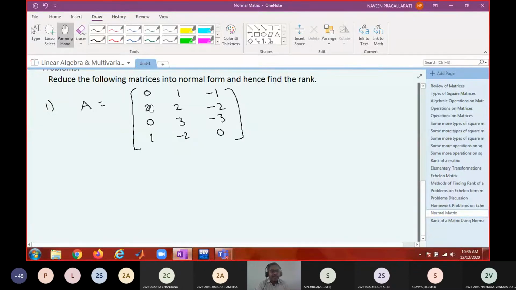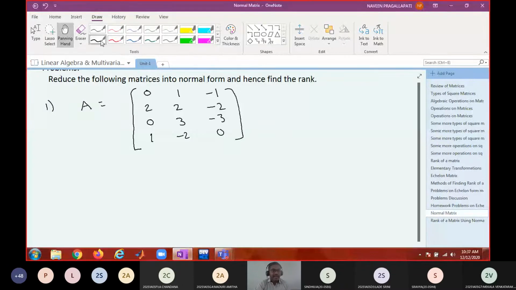If there is no pivot element, that is, if there is a 0 entry in the diagonal position, we'll try to fill that diagonal position with a non-zero entry by interchanging any two rows, or in the case of columns, we can interchange any two columns also. So in the normal form method, both row transformations and column transformations are allowed. To make entries below the pivot position 0, we use row operations; to make elements after the pivot position 0, we use column transformations. That is the only difference. The remaining procedure is the same.